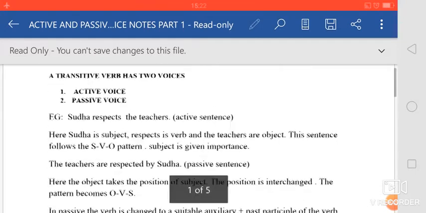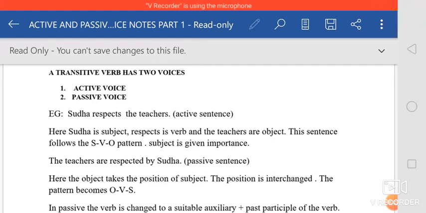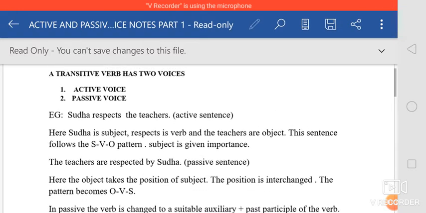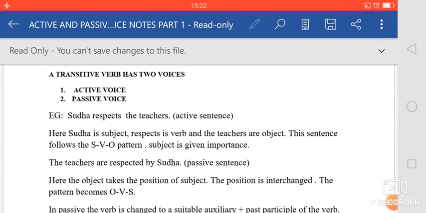Now, let's move on to the next one, intransitive verb. Intransitive verb meaning is it will not have an object. Okay, the verb will not carry an object. For example, birds fly. Birds are the subject and fly is the verb. So it is not having an object in that, right? So that is intransitive verb. Now let's move on to our topic, active and passive voice. So you have to understand that only transitive verb has two voices, that is active voice and passive voice.